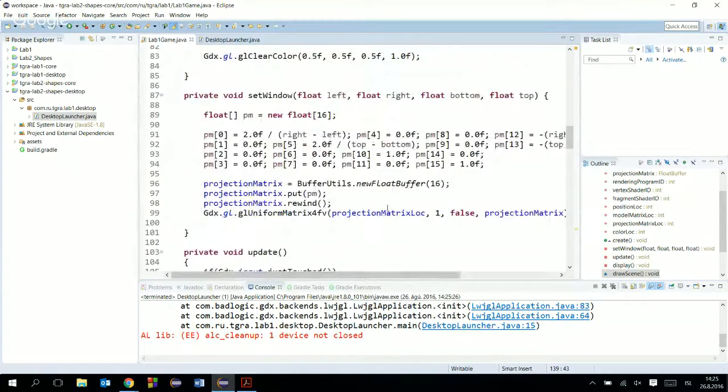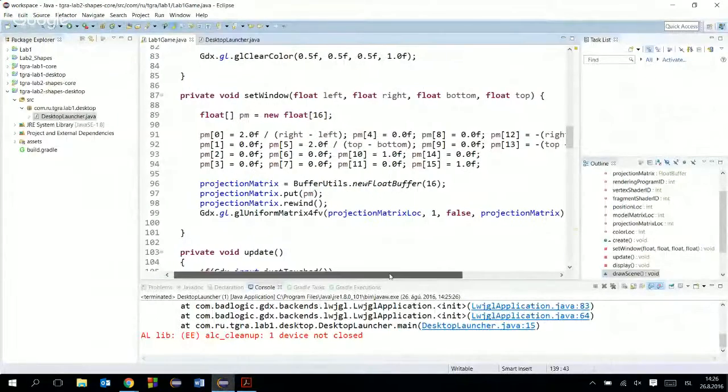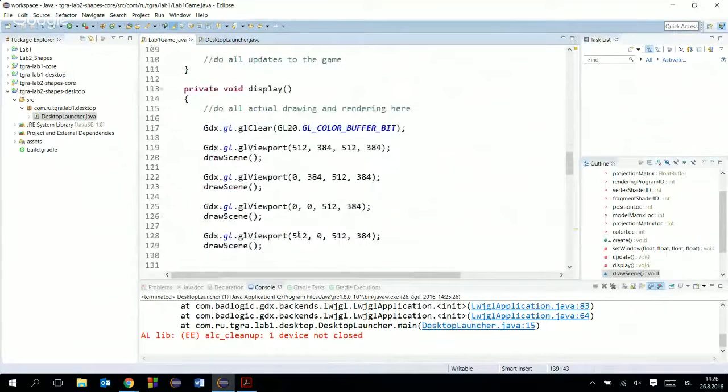Okay, 1, 1 here. Right minus left. All right, minus right plus left divided by